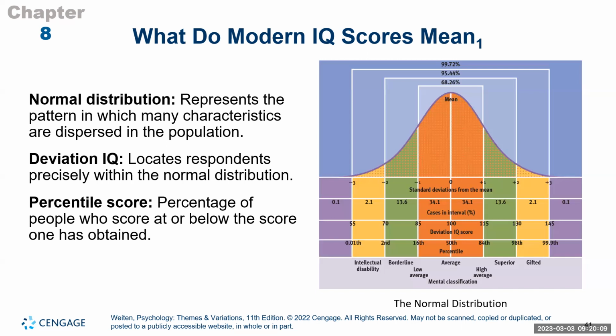When we talk about percentile score, if you are in what we call the 98th percentile, that means that 98% of the people who score in that IQ are at your IQ or below the score that you obtained, right? So for anybody that scores 100, that means 50% of the people who have IQ scores score at 100 or below 100, okay? So again, IQ scores are normally distributed so you can compare yourself to everyone else in the population, okay?